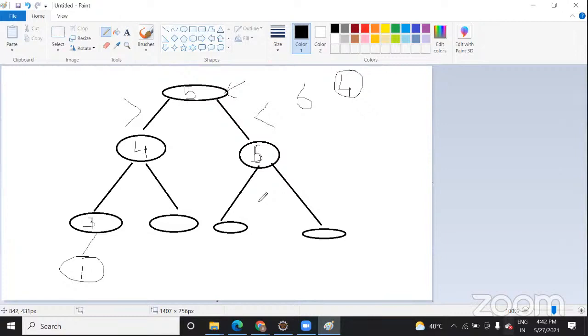But as you have given the new requirement 6, then we move into here. 1 won't come here because the value on this side should be greater than this 4 but less than this. Suppose, let me take an example. Suppose here is 3, here is 2, then here 4 will come.